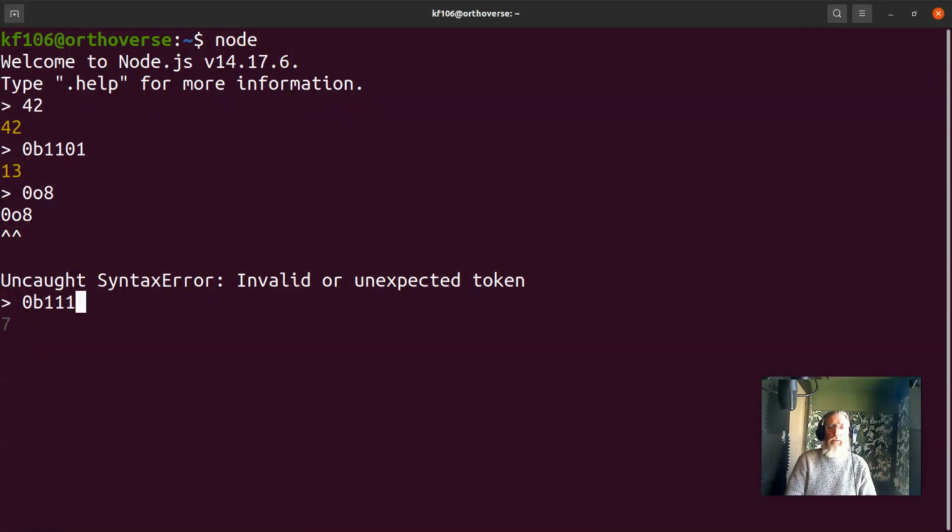1, 1. Yep, 3 bits. Octal numbers would represent 3 bits. The number system that we tend to use the most when you're actually dealing at this kind of low level